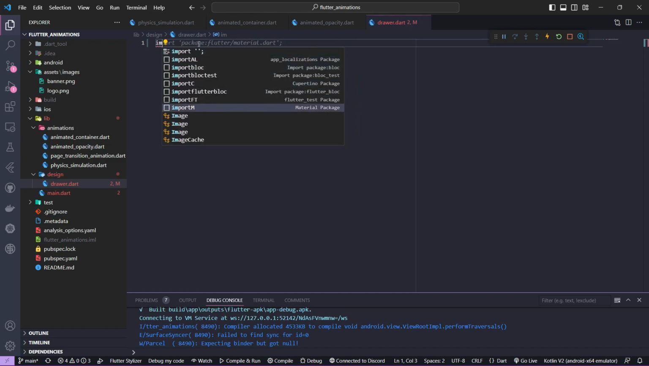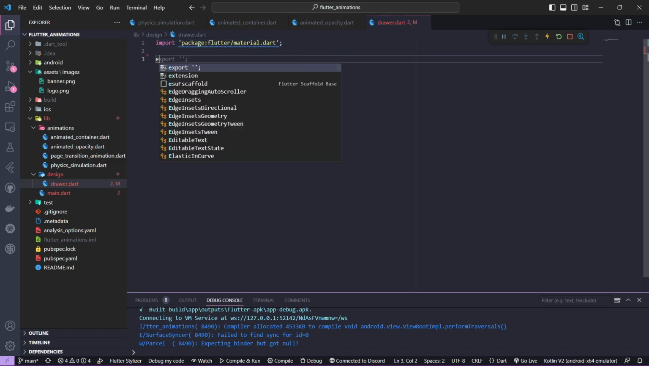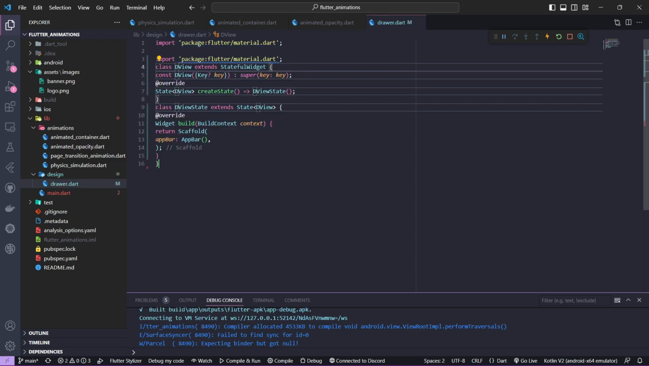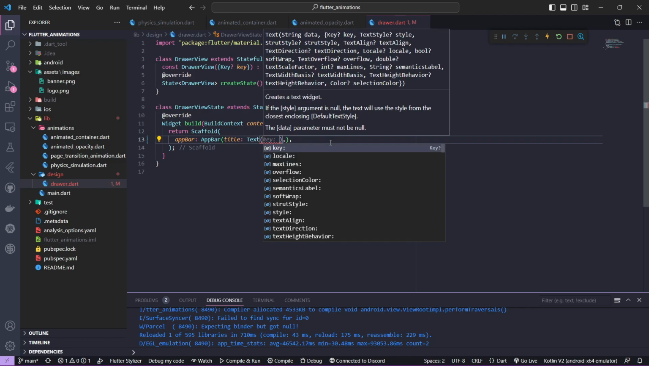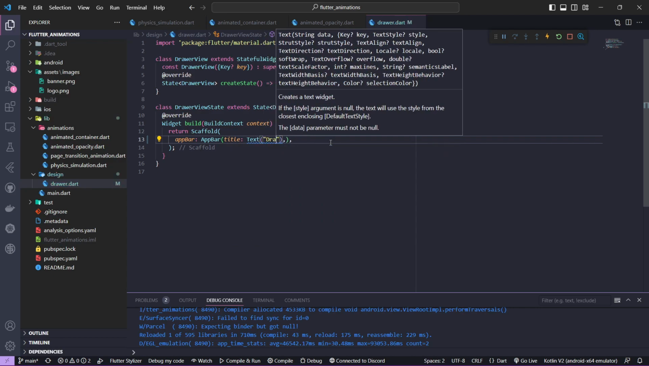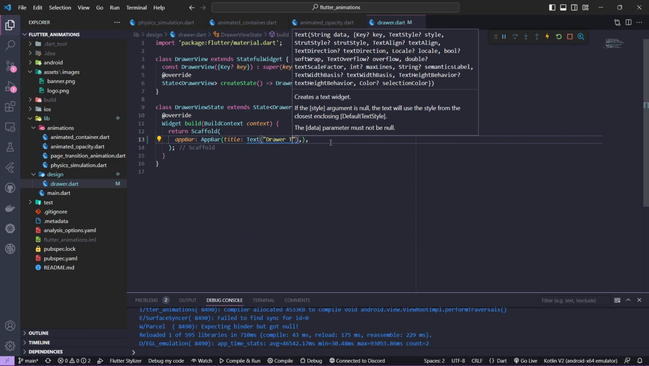I'm gonna use my snippet and name it drawer, okay, drawer. Then let's give it a title to app bar. I'm gonna name it Drawer Tutorial